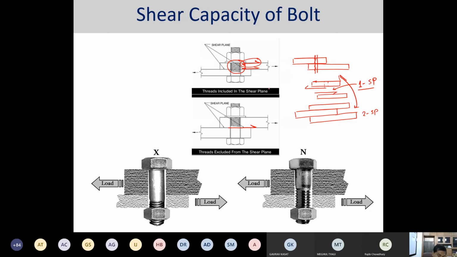So the ultimate goal is to identify that in this particular figure the threads are being included, and here the threads are not being included. As the threads have lesser area, they are much more prone to failure at that location. If the shank area is there, then there is a lesser chance of failure because of more area, and because of this more area, more stress would be accommodated before reaching its ultimate failure point. Okay.